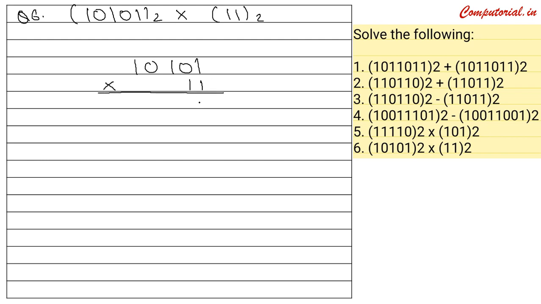Well, because we are multiplying the above number by 1, so we'll get the digits as it is. Then we have to put a cross over this side, so it will be like this: 1 0 1 0 1. And then when you add it, it will be 1 6 times. So here's the final answer now. It is 1 1 1 1 1 1 with a base of 2.